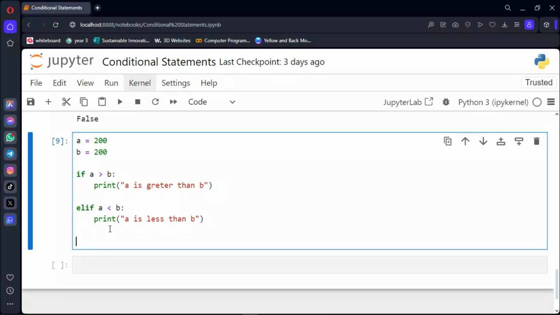Else. So basically the else keyword is going to capture the event where the positive or true side of these conditions fails. Remember I told you, if and elif are going to check if the statement is true or not. So if it's not true, then else is going to capture. So here we are going to say else, print,